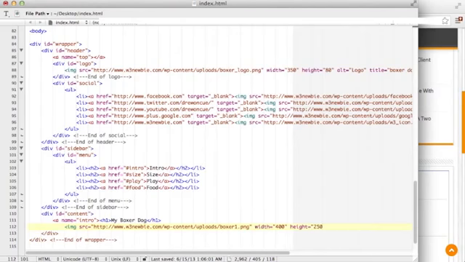So we'll give it the width 400, height 250, alternate text, boxer dog,